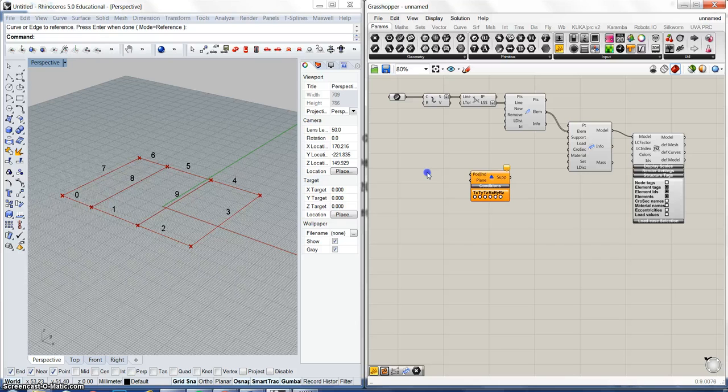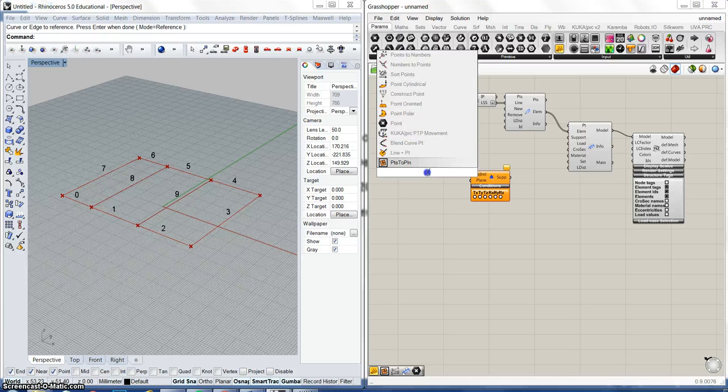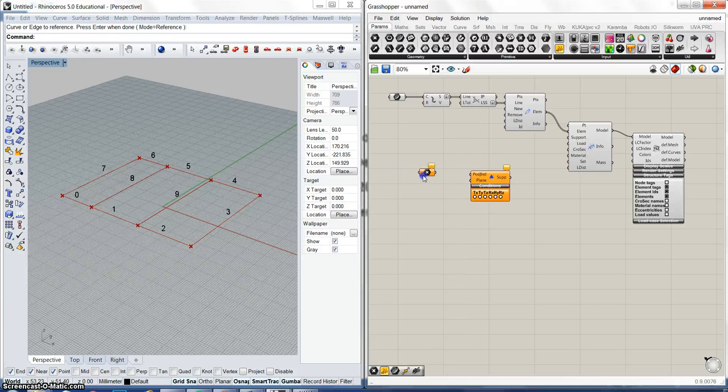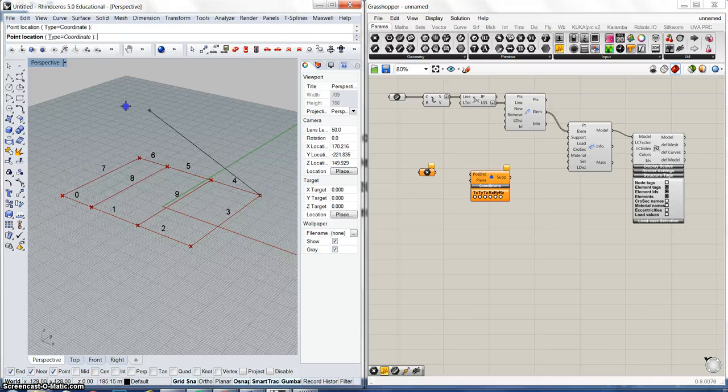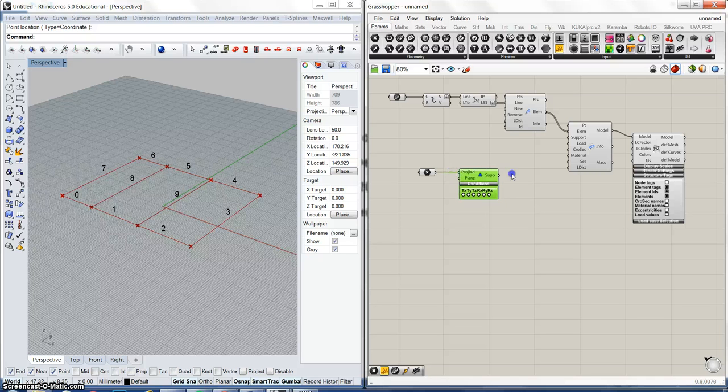I think it's a little easier, so we're going to pull in a points component. And then we're going to say set multiple points. And we're just going to go over here and click in the corners. Hit enter. That's set. And now I'm going to plug this supports component into the